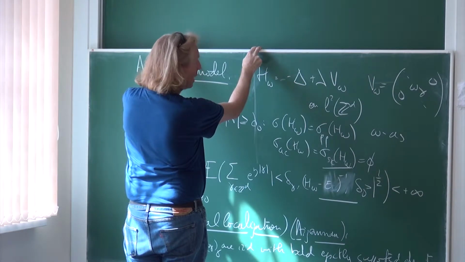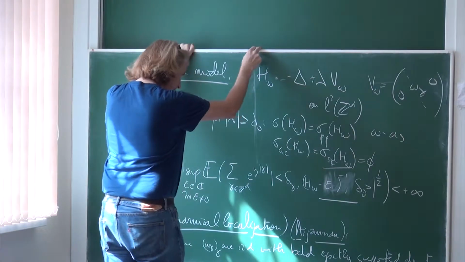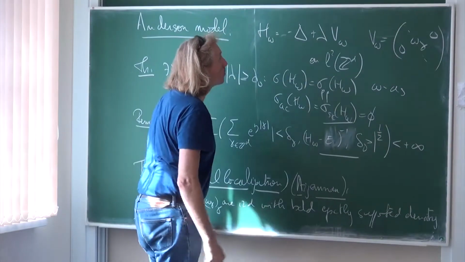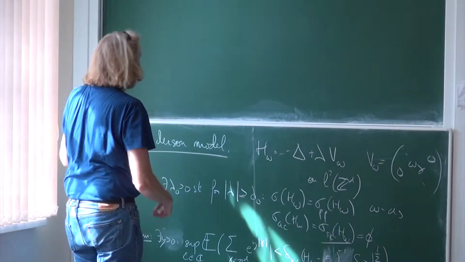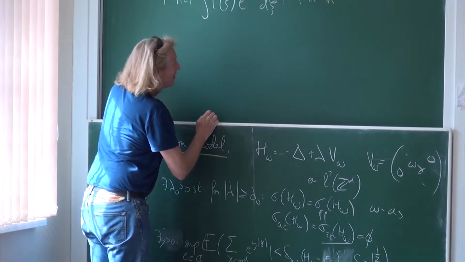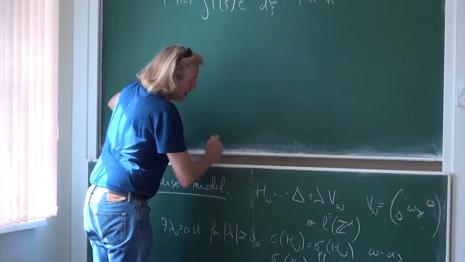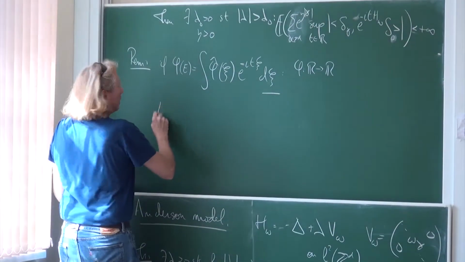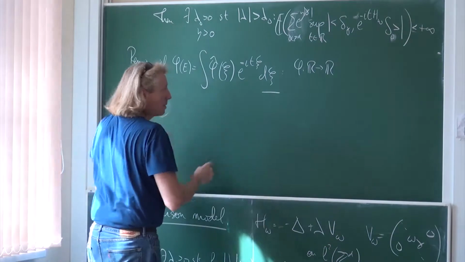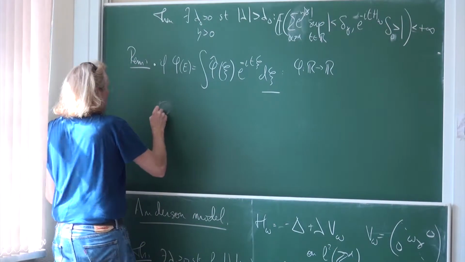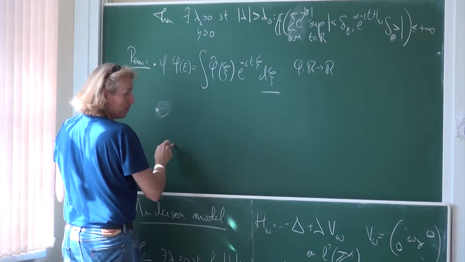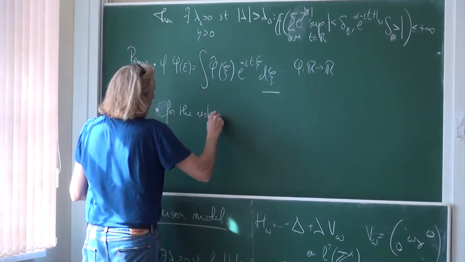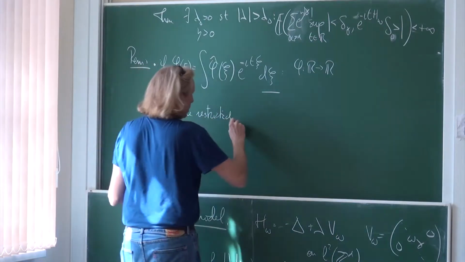What did I want to say? Oh yeah, there is one remark I didn't make yet, but which can be of importance here. Let me make another remark before I go on. So you have these estimates. Let me write them again. Well, you have these estimates. So the other remark is for the restricted